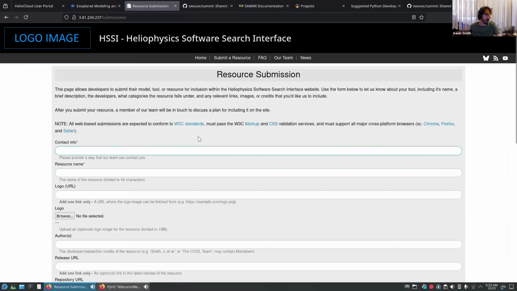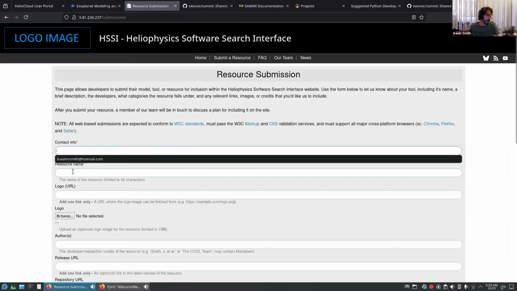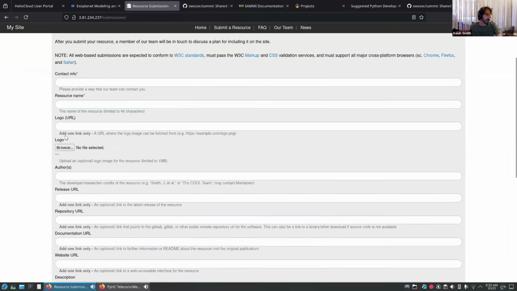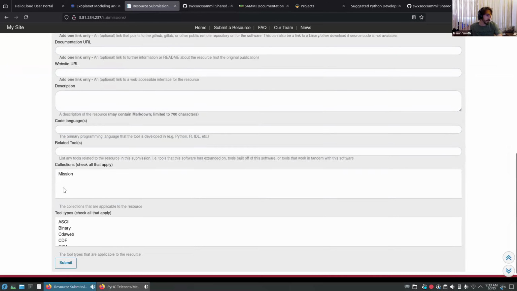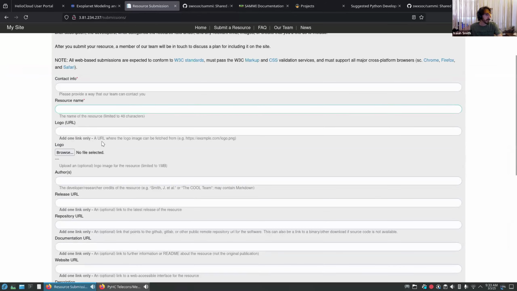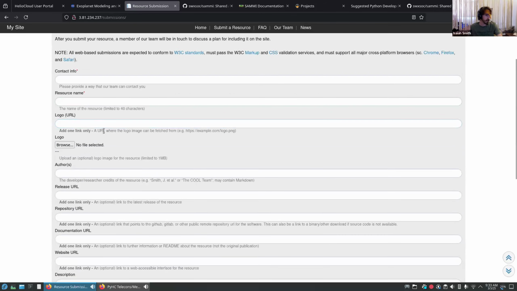So they can fill out this form, give some contact information and the URL. Again, all this metadata is a placeholder, but it will be revised, and I think we're going to have that information really soon. So this page will probably look very different,